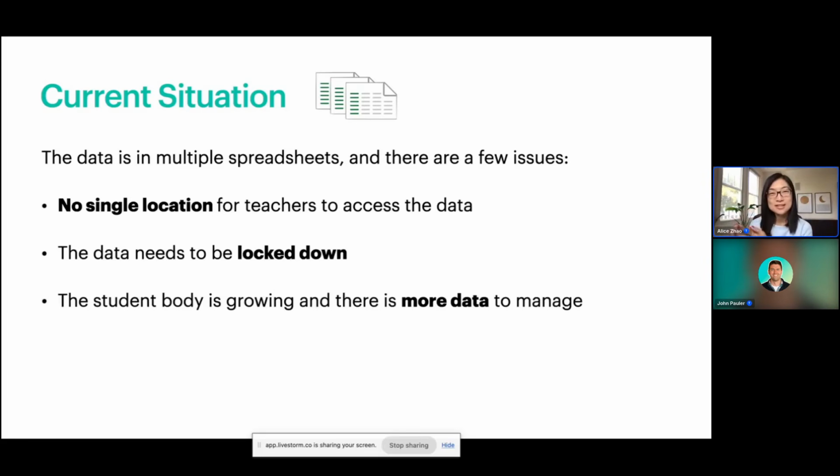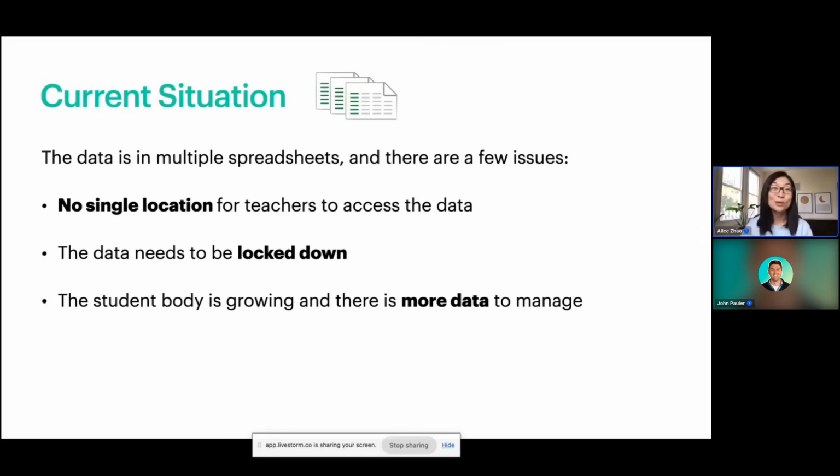And in these situations, these are all great reasons to move from spreadsheets to a SQL database. Because with spreadsheets, you might have different versions of it everywhere, and then there's no central version that everyone can look at. But with a SQL database, you have one central place to store your data. With spreadsheets, anyone can edit everything, but with SQL databases, you can specify those permissions. And then of course, SQL can handle a lot more data. So these are all great reasons to move from spreadsheets to SQL.